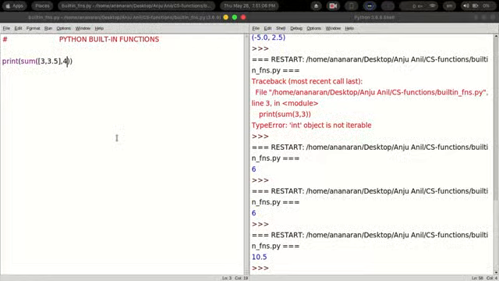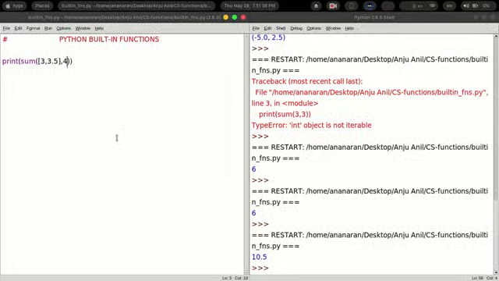So what do you understand from this? 3 plus 3.5 plus 4. Sum will give you the sum of the items within the brackets, and these items should be enclosed either within square brackets or within round brackets. That means it should be a list or a tuple.